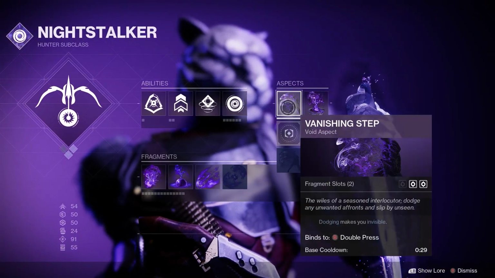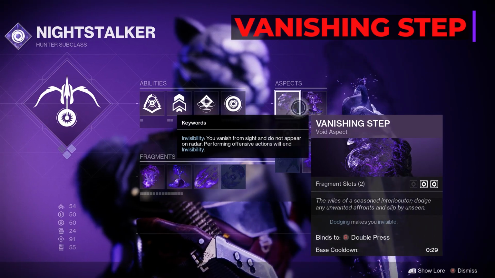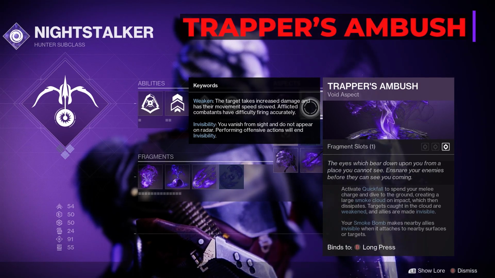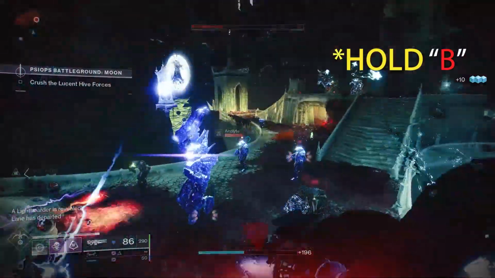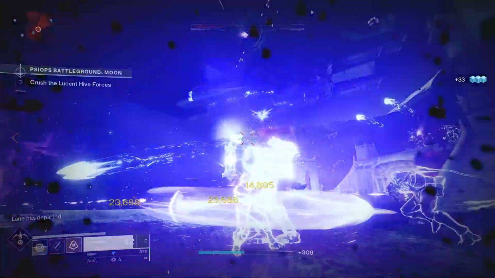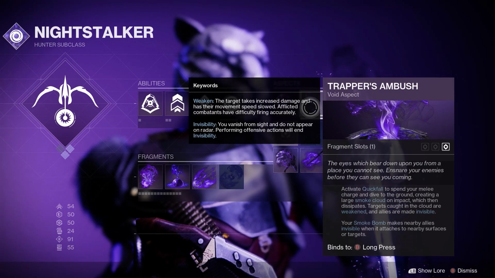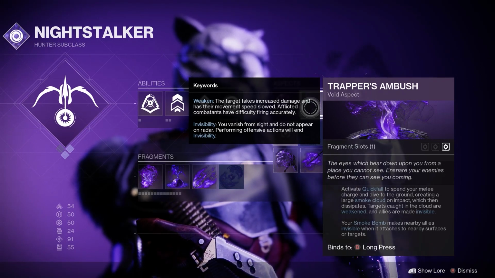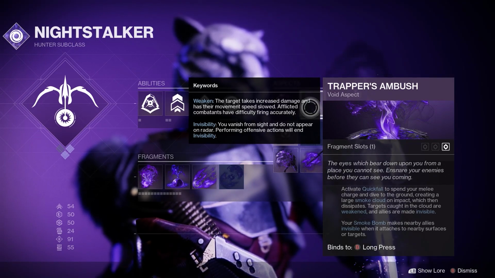For my aspects, I have Vanishing Step to go invisible and reload Agers Scepter when I dodge. And for my second aspect, this time I'm going with Trapper's Ambush. With this aspect, while in the air, hold your grenade button or key to activate Quick Fall and dive into the ground, creating a large smoke cloud on impact, weakening targets caught in the cloud and also making allies who are in it invisible. Very useful in PvP or running nightfalls, gambits, seasonal activities, strikes, basically everywhere. The only downside to using this aspect is that it only gives us one slot for fragments, so we only